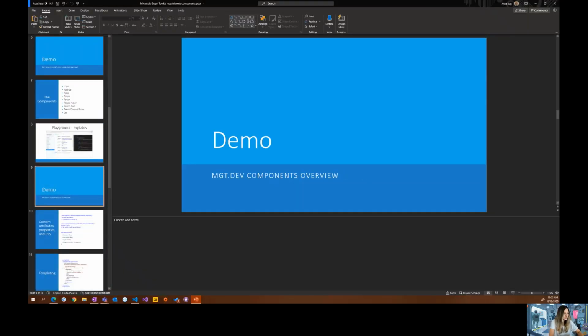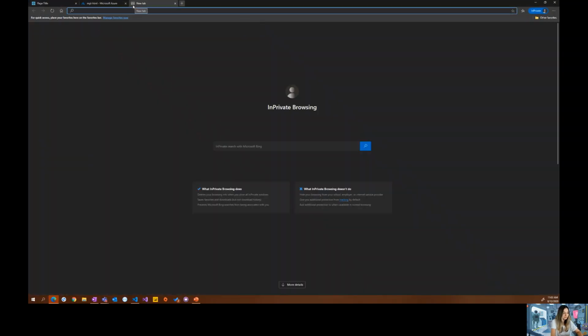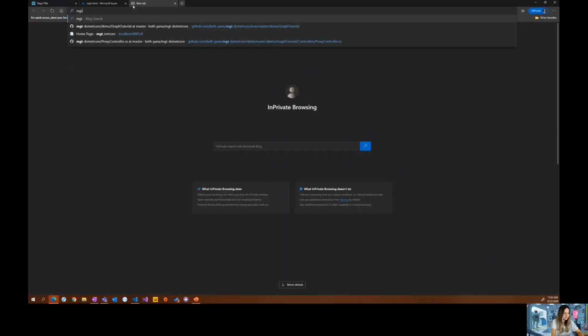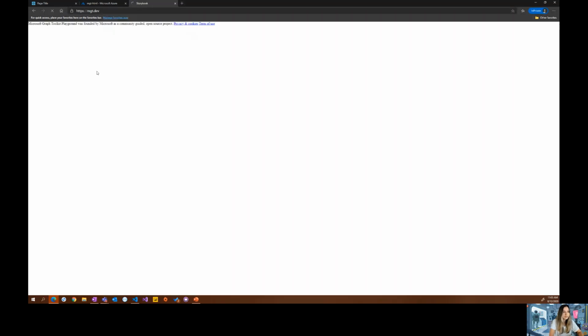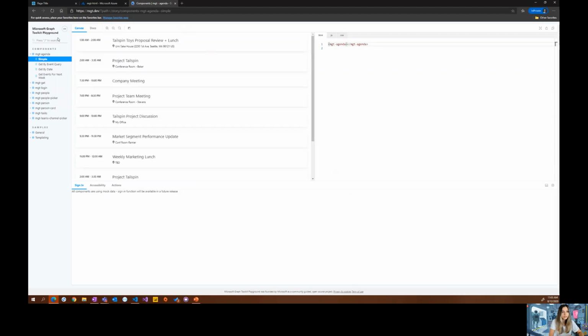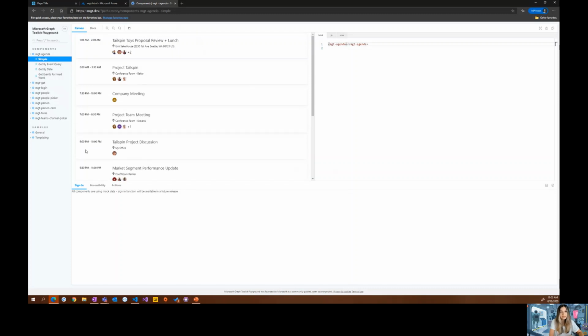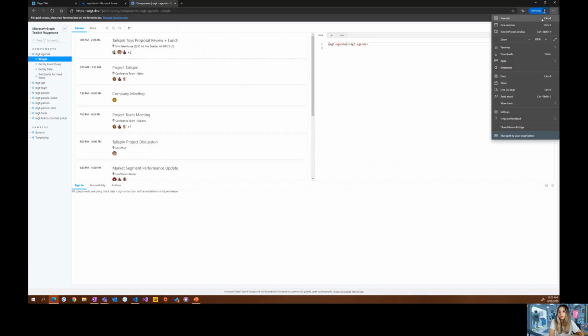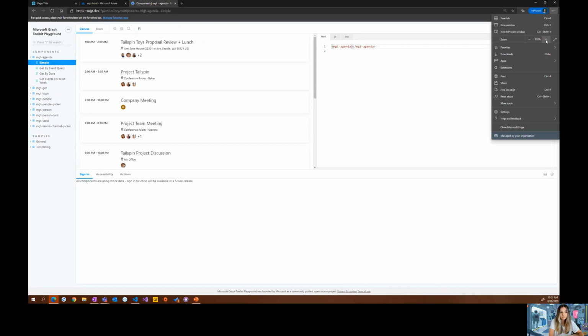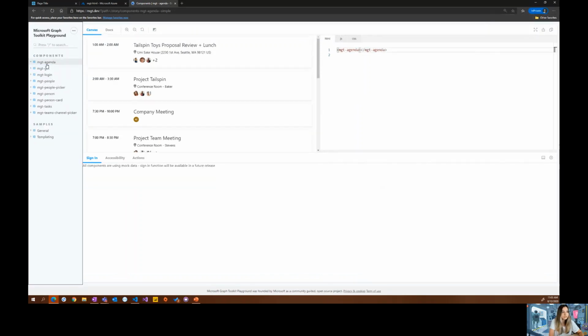I want to quickly show you what is available in Playground. I'll go to mgt.dev. And here I am, Microsoft Graph Toolkit Playground. So this is a great solution and very nice place to learn from scratch. I will zoom in a little. So we start with